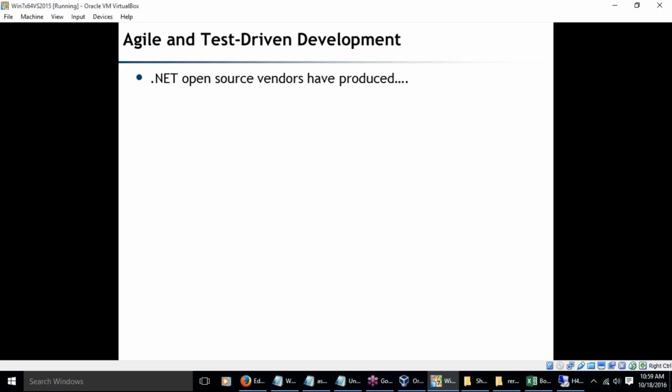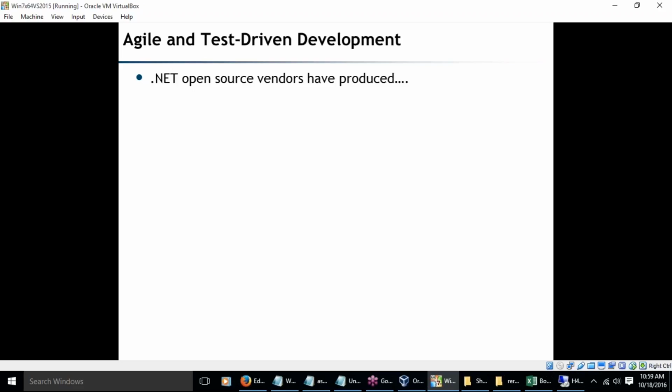So coming back to the shopping cart example, every 2 weeks we are delivering a complete working product to the customer. So week 2 we give him the login screen, week 3 we give him a screen where he can add products, week 4 we give him a screen where he can buy products, week 6 we give him a screen where he can actually do the billing for products, then we do the error logging, and so every 2 weeks he is actually able to click here, click there, and use the product and give us feedback in terms of what he expects. So that's how you deliver in agility,